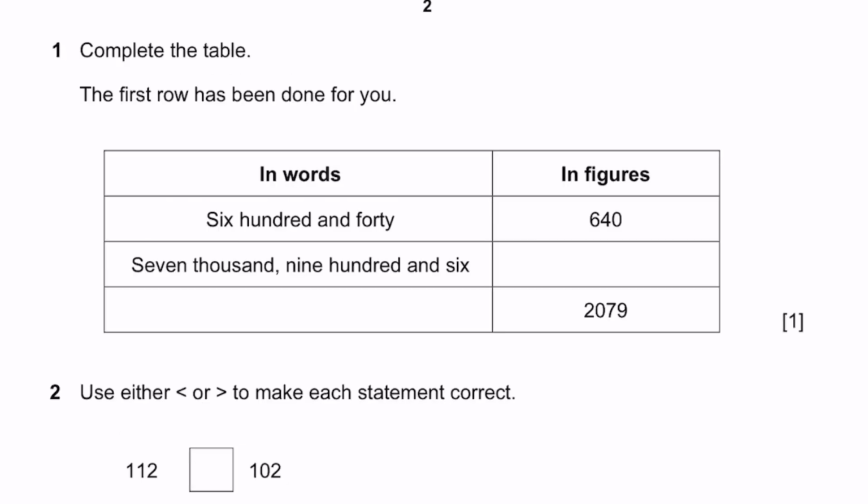Let's start. Question 1. Complete the table. First row has been done for you. So in words and in figures, we can write a number. 640, written like this, 640. 7,906, we can write it like this. And 2,079,